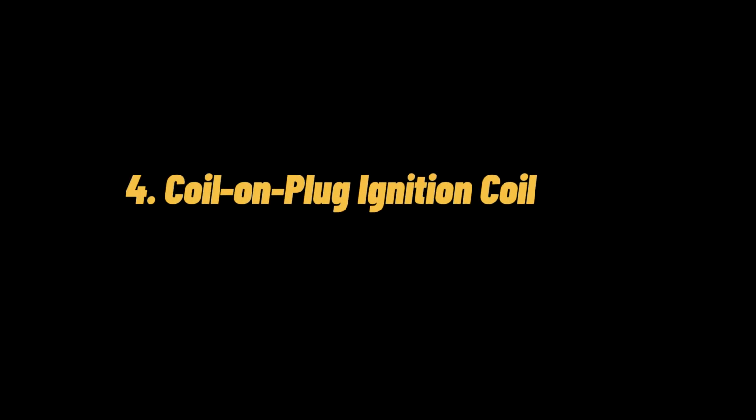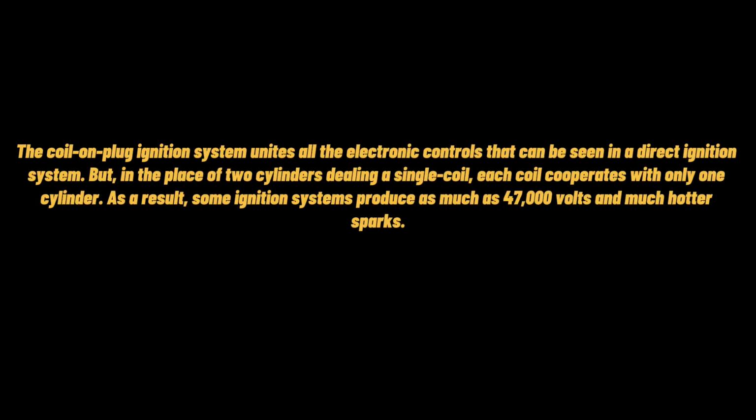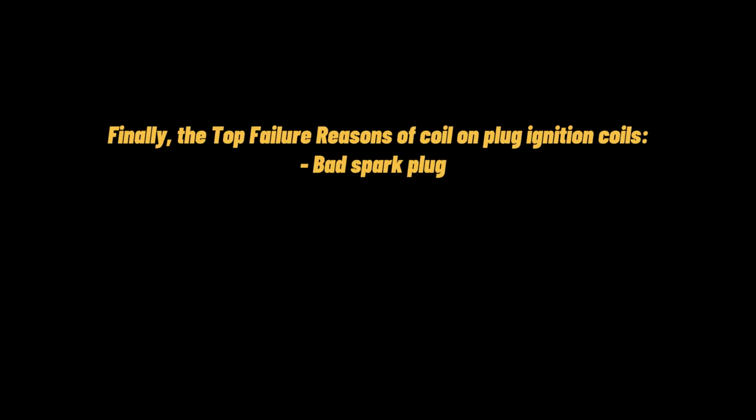4. Coil-on-plug ignition coil, COP. The coil-on-plug, COP, ignition system combines all the electronic controls that can be seen in a direct ignition system. But in place of 2 cylinders sharing a single coil, each COP coil serves only 1 cylinder. As a result, some COP ignition systems produce as much as 47,000 volts and much hotter sparks. Finally, the top failure reasons of coil-on-plug ignition coils: bad spark plugs, bad plug wires,